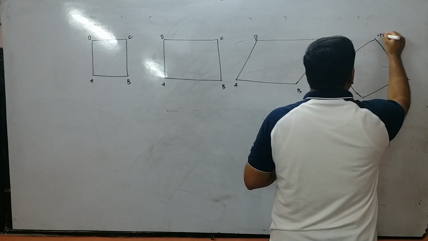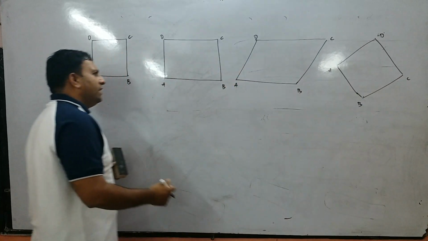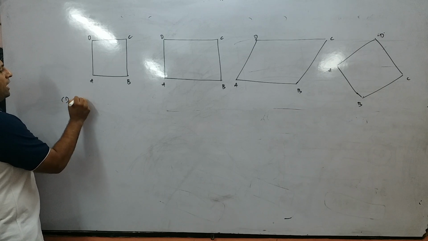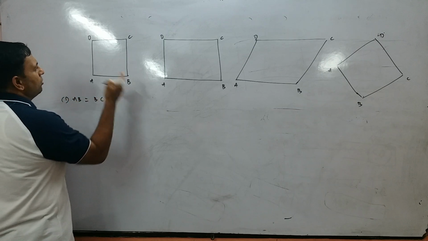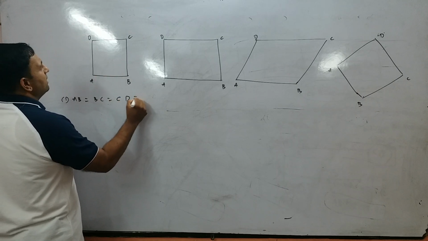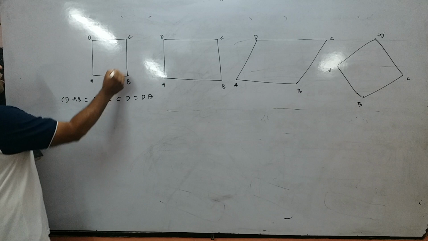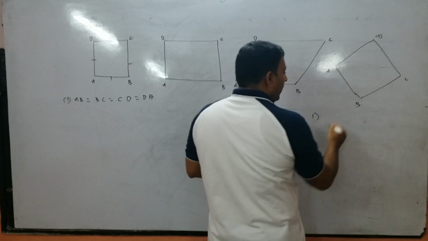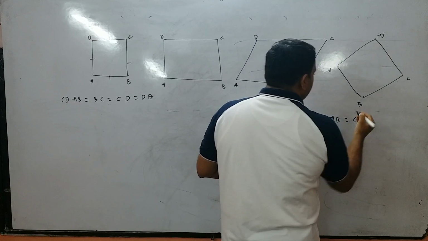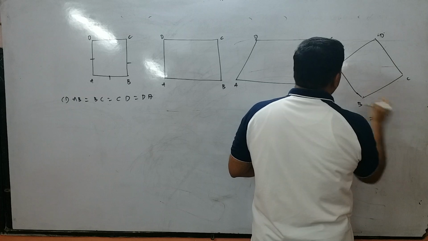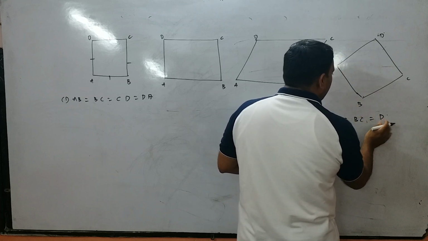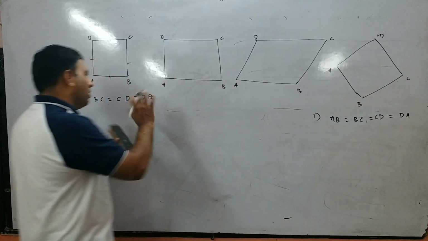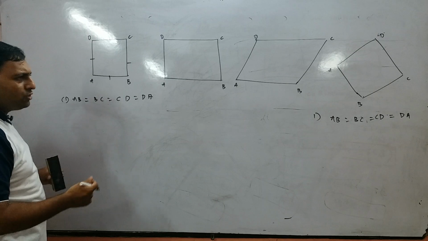Now how do we differentiate them using distance? Let us say in the case of a square, all sides are equal. It means distance AB is equal to BC is equal to CD is equal to DA. So all these distances are equal. But sir, all the distances are equal also in a rhombus. Yes, in a rhombus also AB is equal to BC, equal to CD, equal to DA. In rhombus also all sides are equal, in square also all sides are equal. Then how will you differentiate between these two figures?